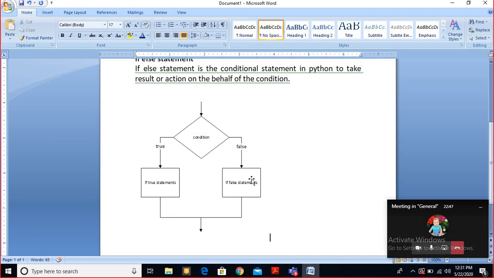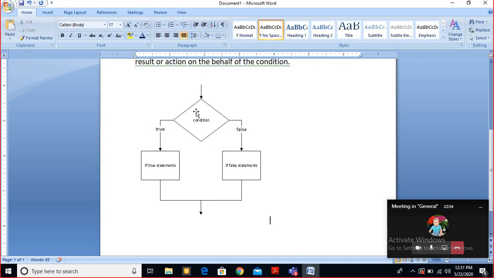Same way here also, let me tell you, you see, this is a flow chart. Look Rajesh, here the condition will be checked. Suppose I take percentage and give the condition percentage greater than or equal to 60. If this condition becomes true, what will be my statement? My statement: your division is first. Look, both sides are given: this is the true block, this is the false block. If this condition becomes true, it will tell you that you are in first division. Suppose this condition becomes false, then in the false block you get second division.